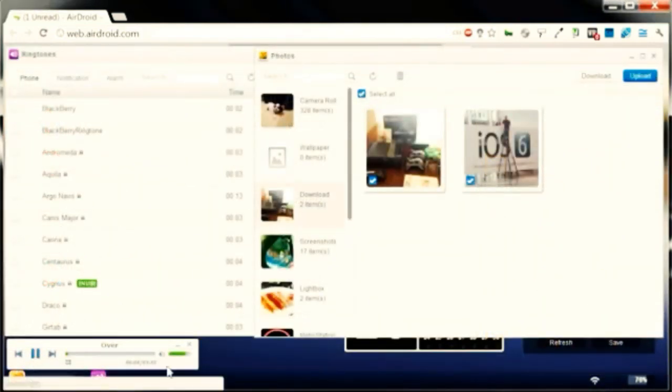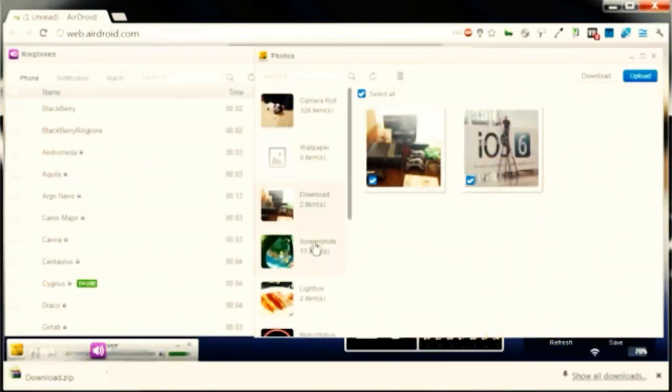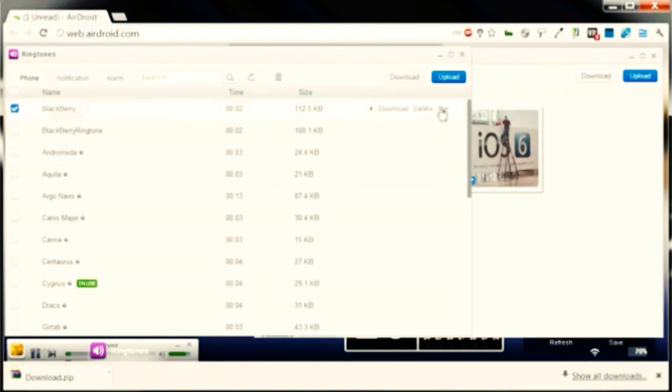So in theory, you could be listening to music while downloading pictures from your phone to your computer and changing your ringtones at the same time. This is very impressive, and therefore I highly recommend